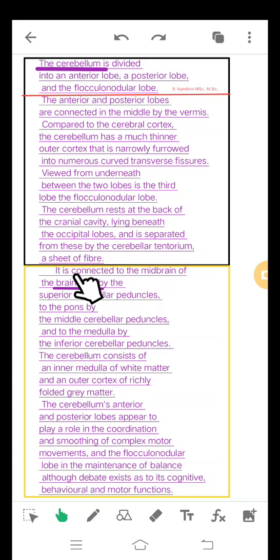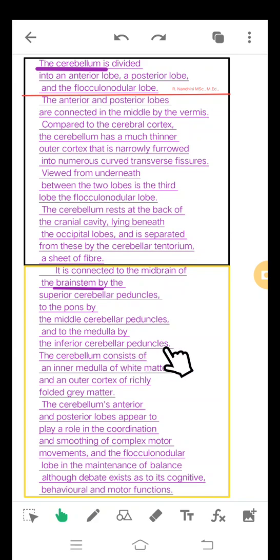Then it is connected to the midbrain, the brain stem, by the superior cerebellar peduncles, then to the pons by the middle cerebellar peduncles,